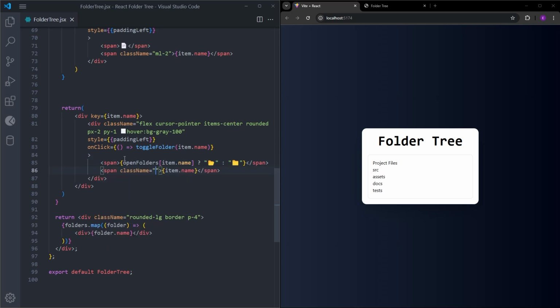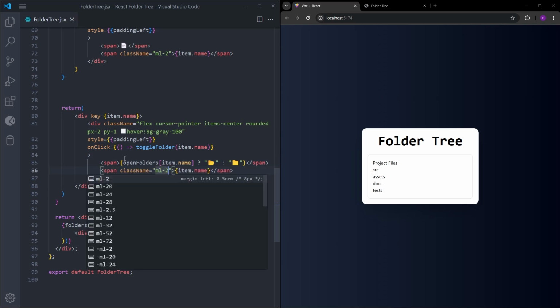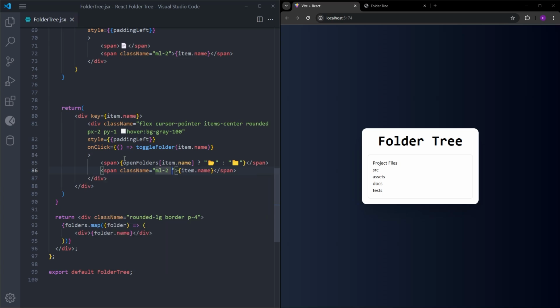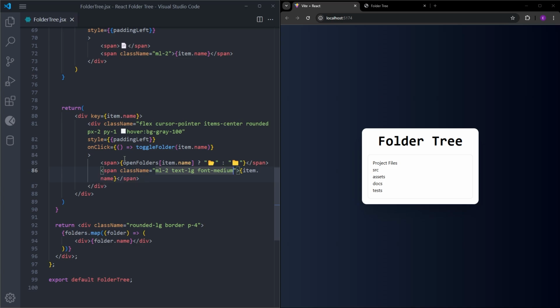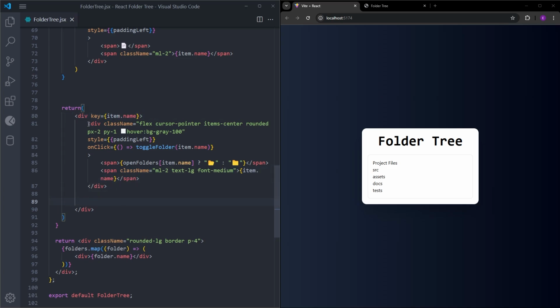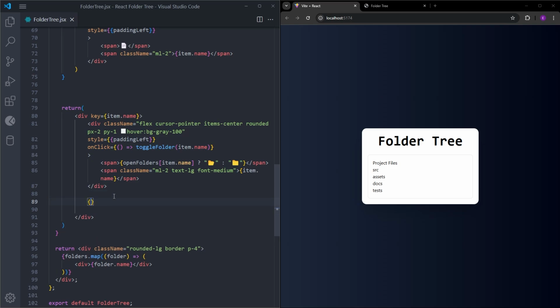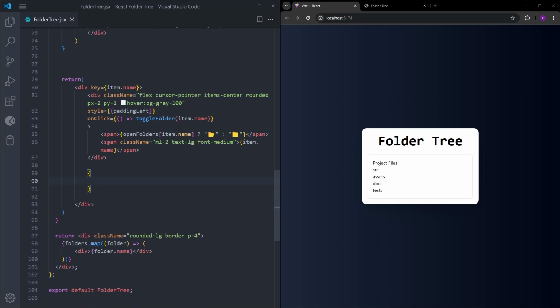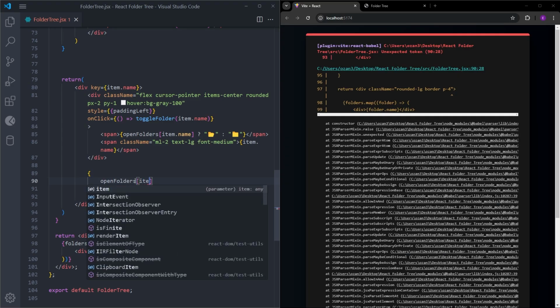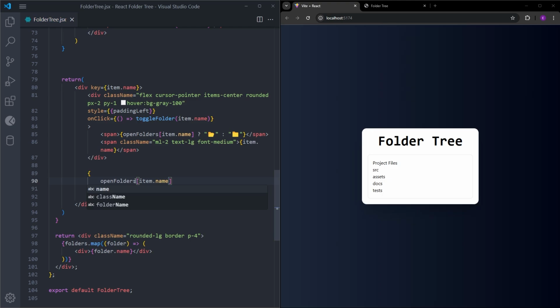Let's style the name, margin left 2 to put some space between the emoji and the text, text large, and font medium. So inside this main div, but outside this one, we are going to have the logic to display what's inside the folder. So on the open folders array, I'm going to pass the current item's name, and if there